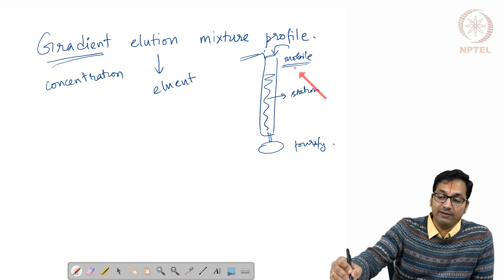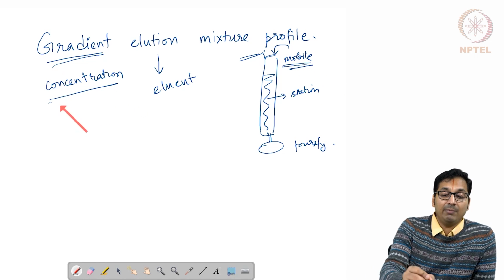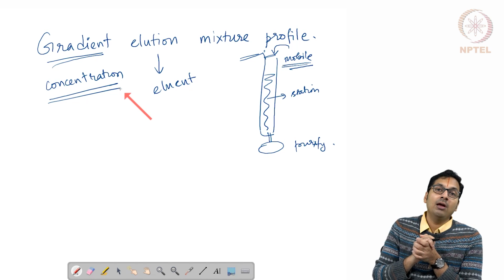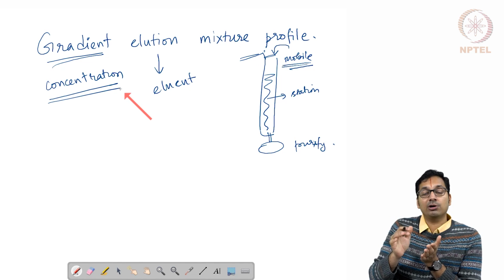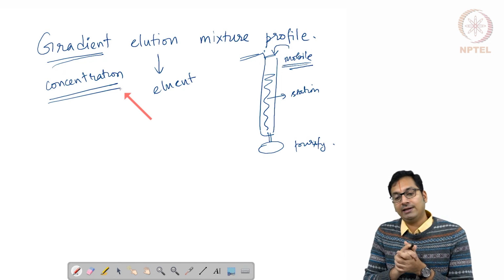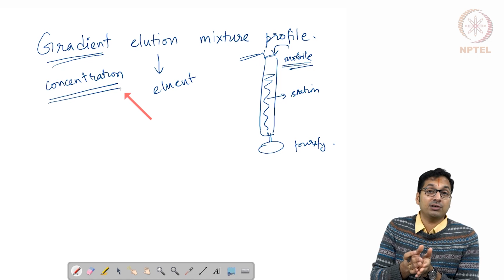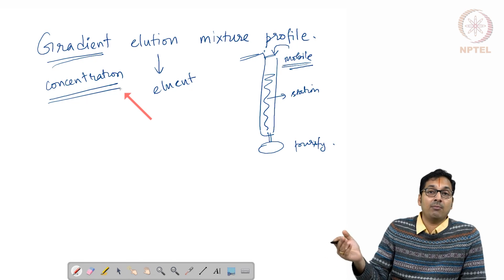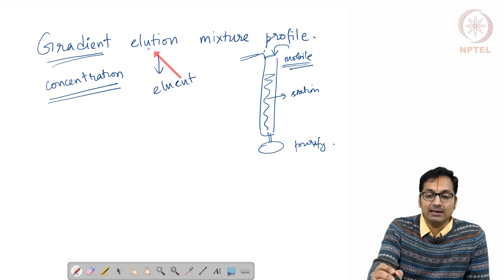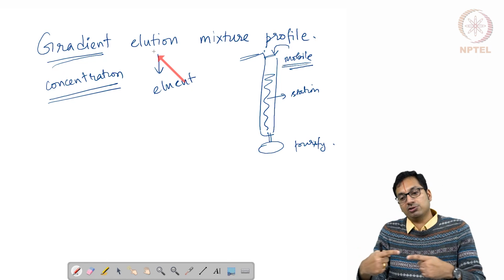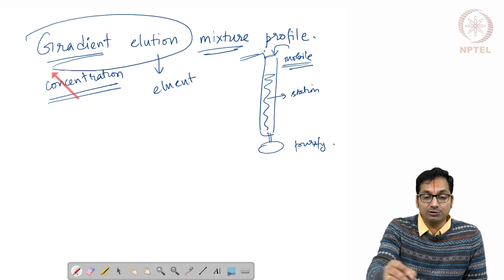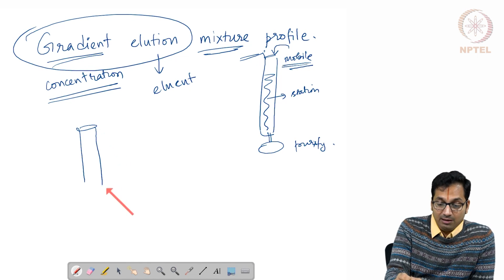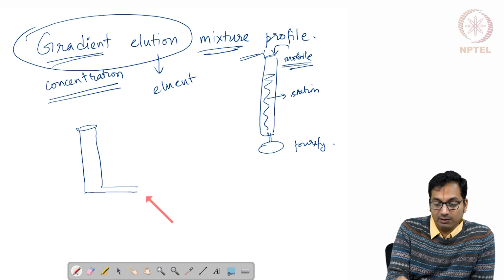Now at times the mobile phase, instead of having a constant concentration, might have a gradient concentration, meaning that, let's say if you are doing an affinity chromatography, what you would end up doing is to change the eluent concentration with respect to something. Let's say you are doing a cation exchange column, you will change the concentration of the salt as a function of time so as to elute serially different chemicals that have been bound to the column. So basically, in order to do this, you need to mix two different solutions such that the gradient elution can be done. This is commonly done in chemistry by having a setup that looks very close to this.